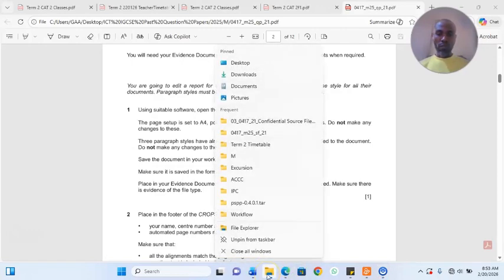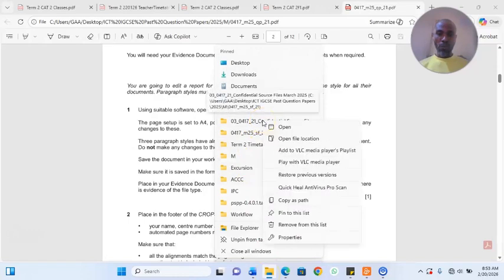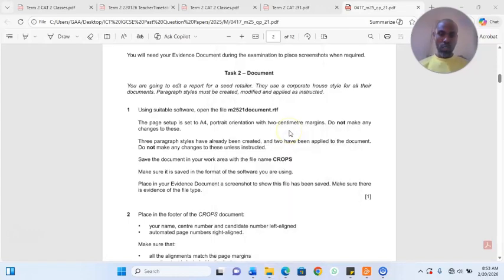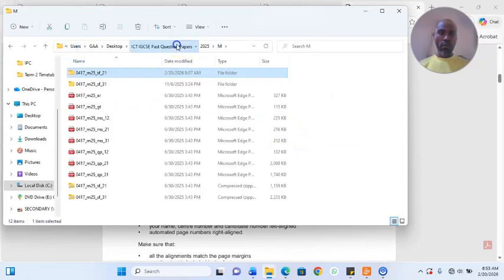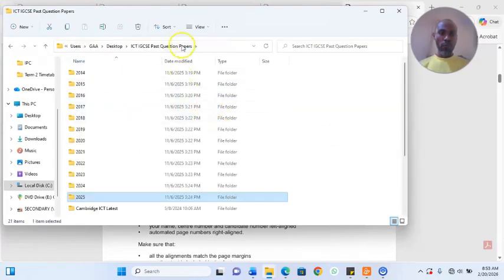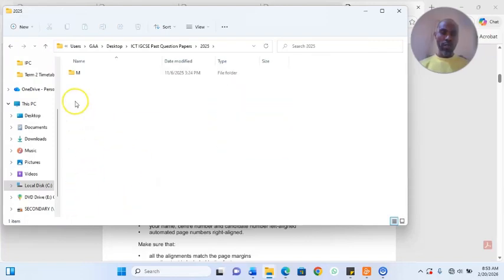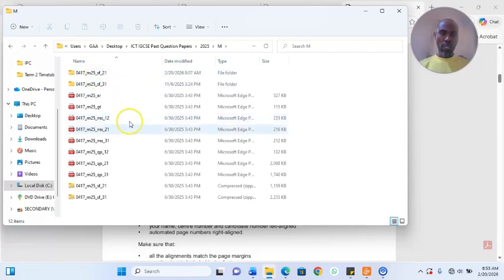all my files are located in a folder. I'll show you where the folder is. Okay, in just a second. So I have all my folders here, which I could share with you. If you need it, you can place your request in the comment section. I can share some of these past questions with you. So we're looking at the 2025 past question, looking at the February, March, and then the question we're working on is question 2-1. Okay, usually your past questions will come